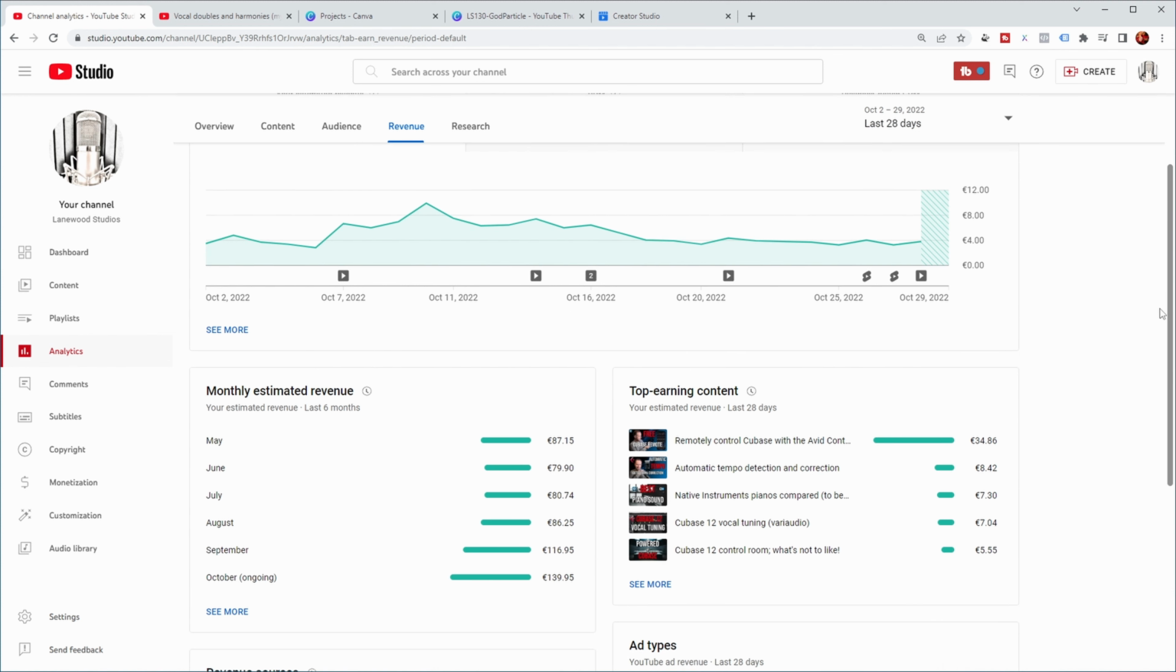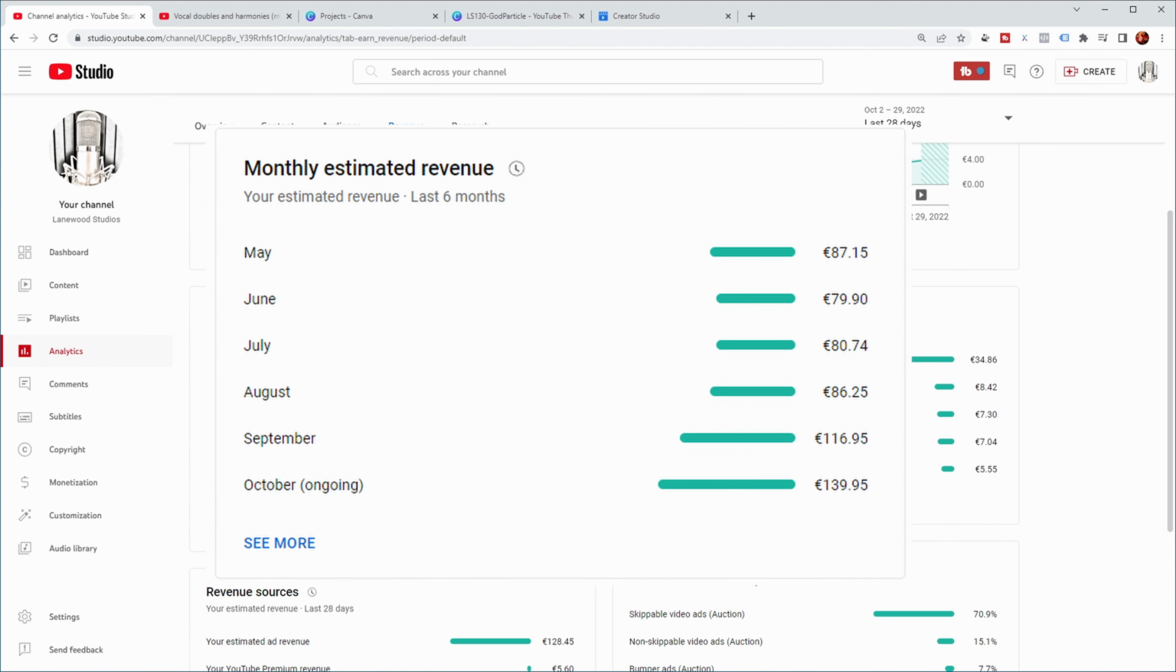Now, if you look at the last couple of months, usually this is somewhere between 80 to 90 euros a month, although at the end of the year it usually rises, possibly because advertisers are spending more money on ads. Now, if you look at what this means considering the hours that I spend on the video, you should realize that